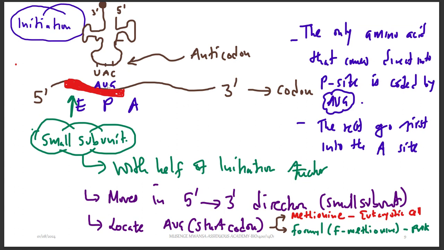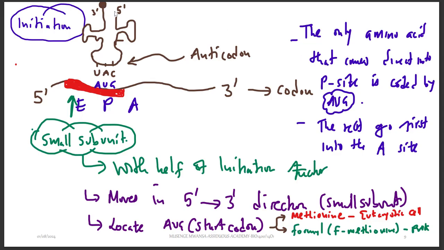So when the small ribosomal subunit reaches where AUG is, it is going to communicate with the tRNA to say, bro, tRNA, can you bring methionine? Because I've read AUG and AUG means you need to bring a methionine. tRNA will be like, okay, bro, I'm coming, let me get the amino acid. So tRNA is going to go and get the amino acid methionine, and it is going to bind to the